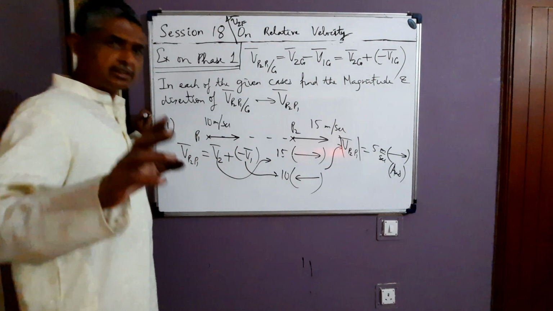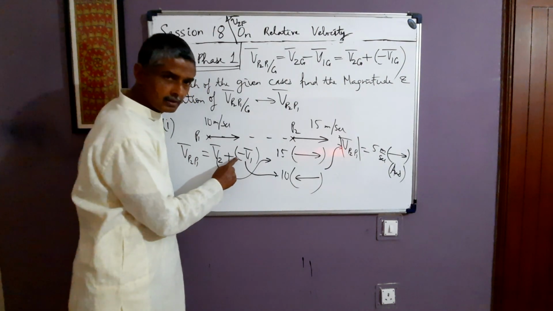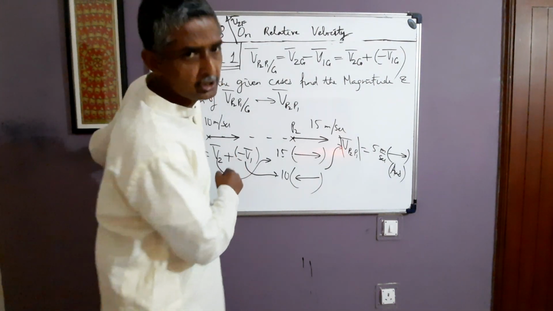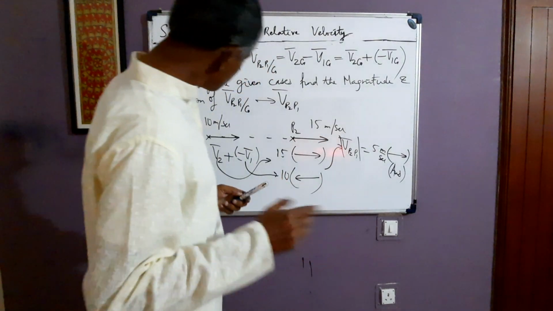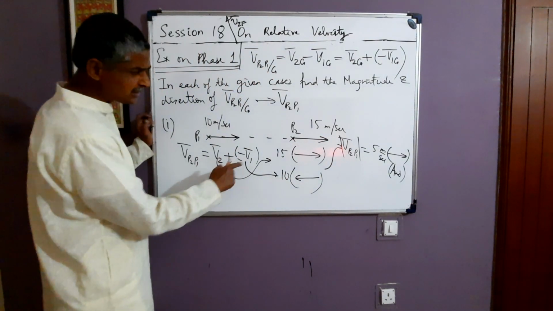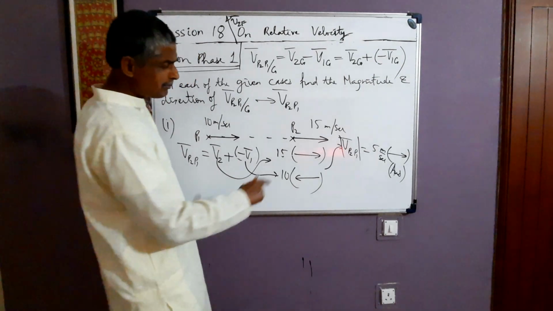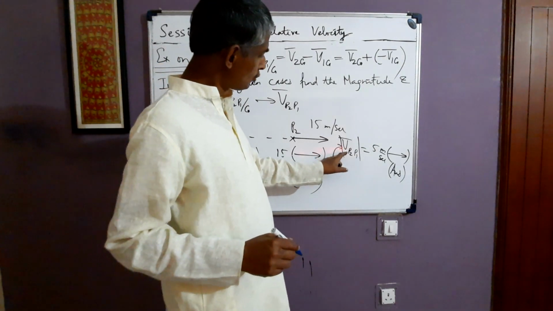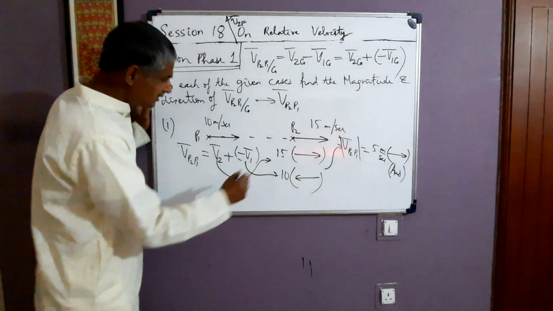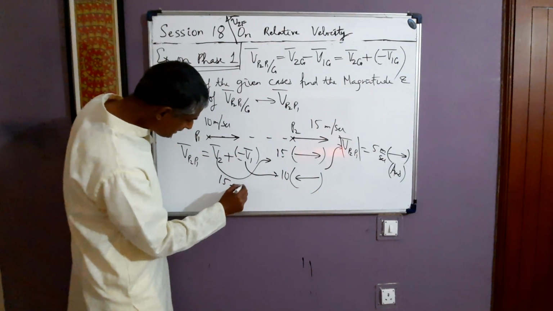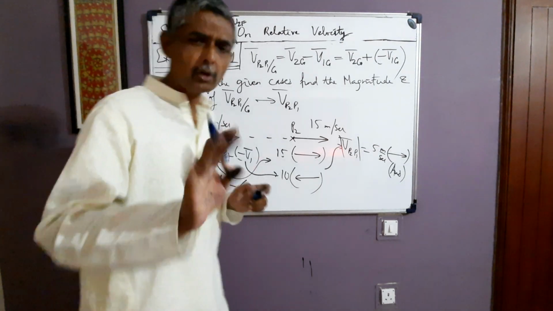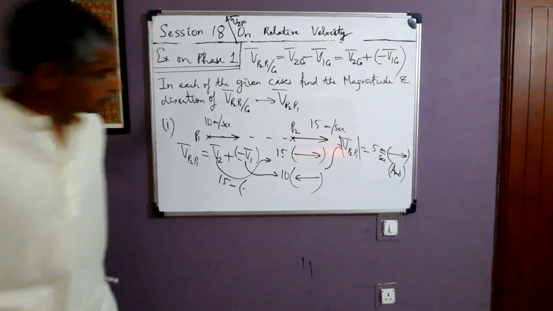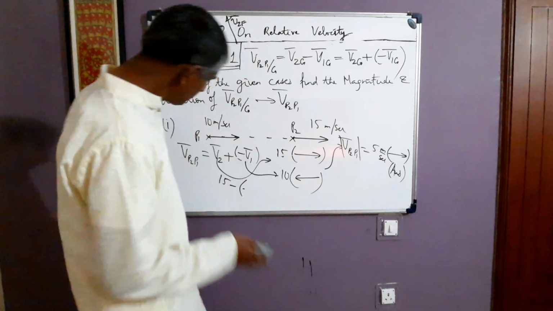See, one thing I'm telling repeatedly: once you have reversed V1, then you have to follow the usual rules of vector addition. One thing I'd like to say. I have seen, suppose in this case we found V2 and minus V1, many students doing it in this way. To find Vp2P1, what do they do? They write 15 minus, and then they write minus 10 plus 10, all sorts of things. No, don't do that. I would not like you to proceed in that way.